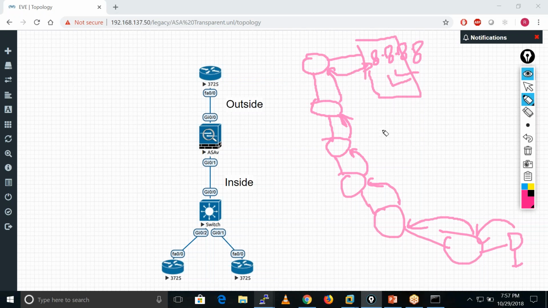So the ping request reaches this guy. If this firewall is available, it gives the reply, right? So the reply also comes the same way, from this to this, this to this, and we get the reply. So we use ping to check the connectivity. Okay, now let me explain the